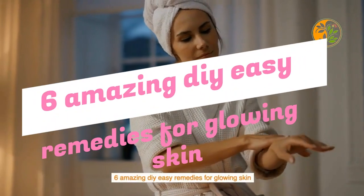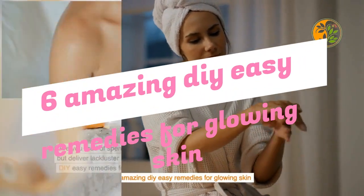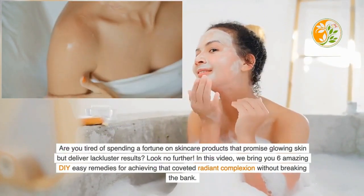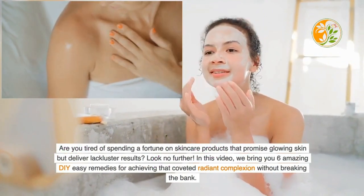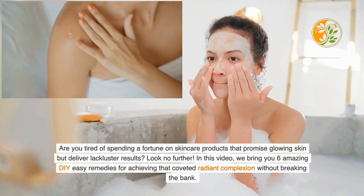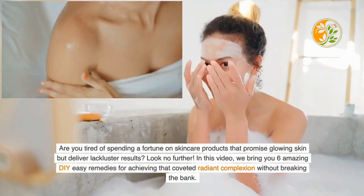6 amazing easy remedies for glowing skin. Are you tired of spending a fortune on skincare products that promise glowing skin but deliver lackluster results? Look no further. In this video, we bring you 6 amazing DIY easy remedies for achieving that coveted radiant complexion